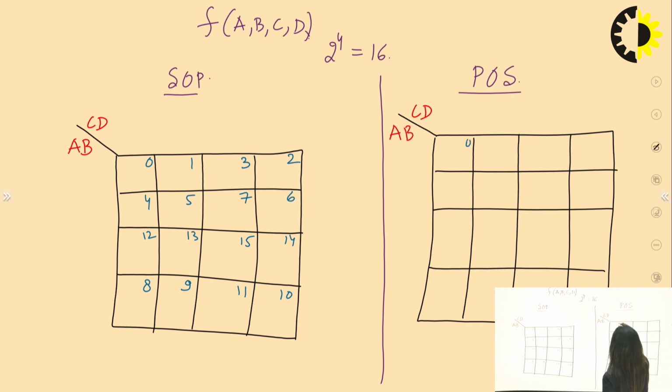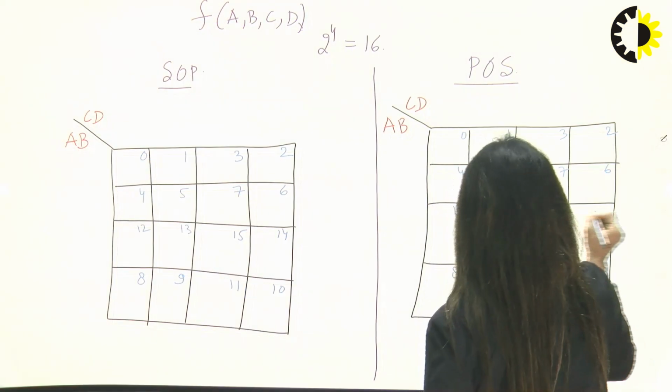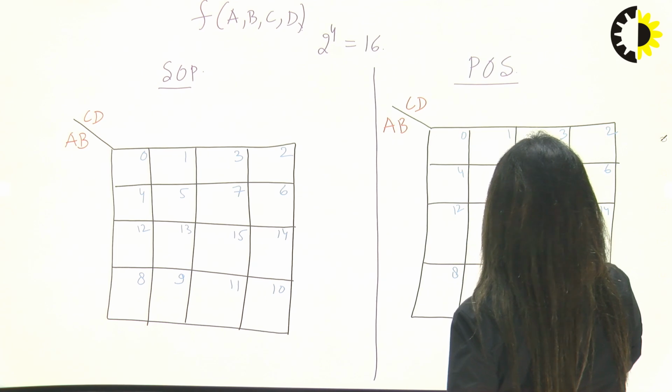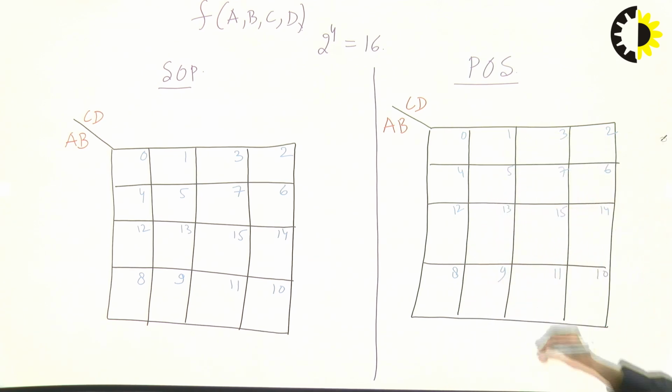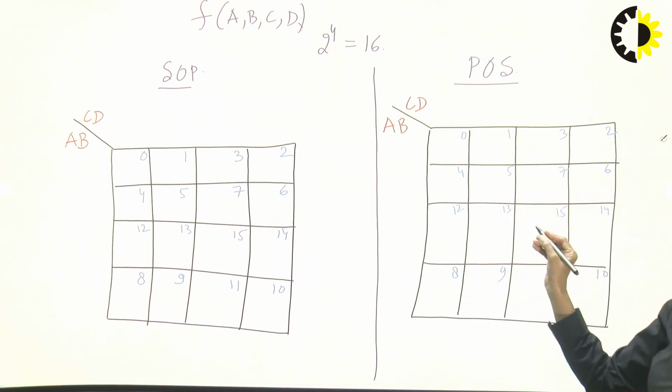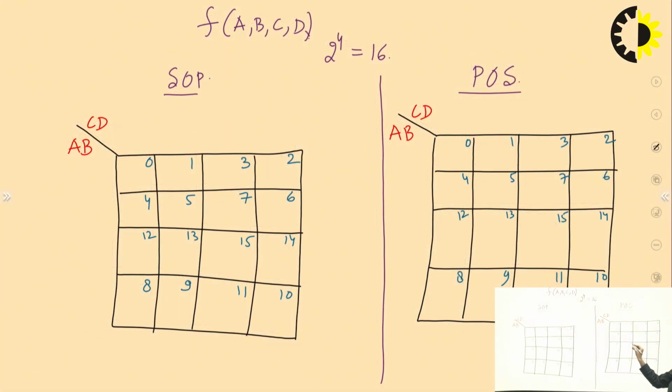Similarly here 0, 1, 3, 6, 7, 8, 9, 11, 13, 14, 15. Okay. You have to keep the counts in the upper corner and in very small letters. Do not fill the box with 13.